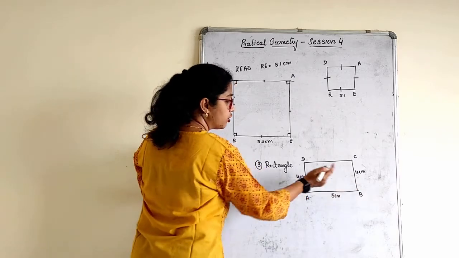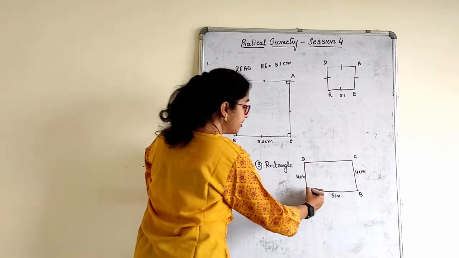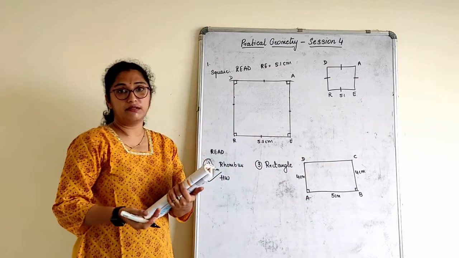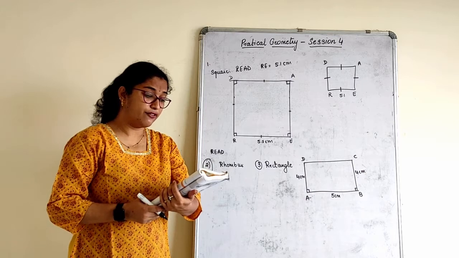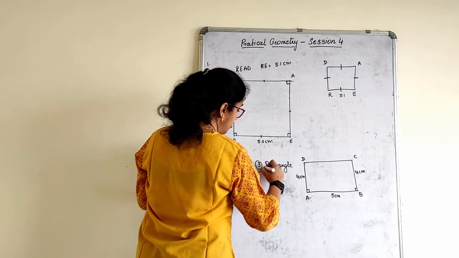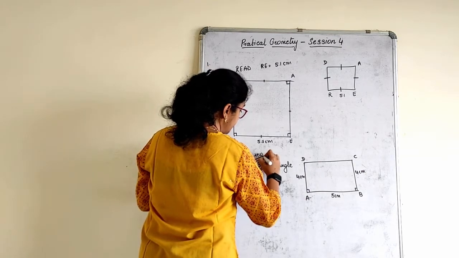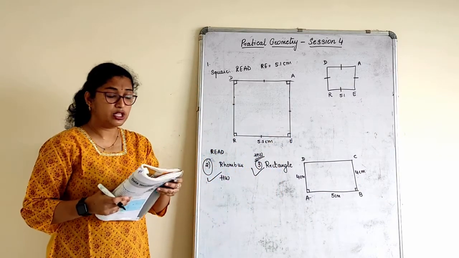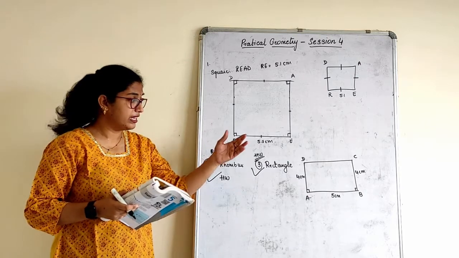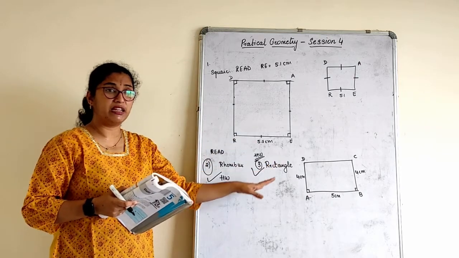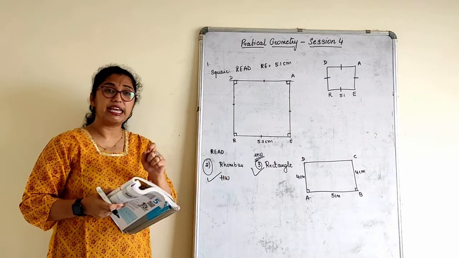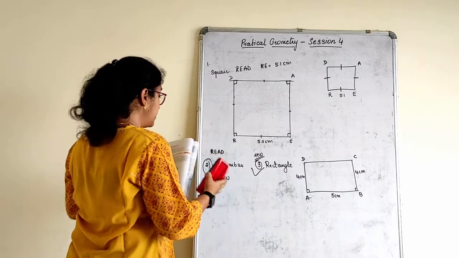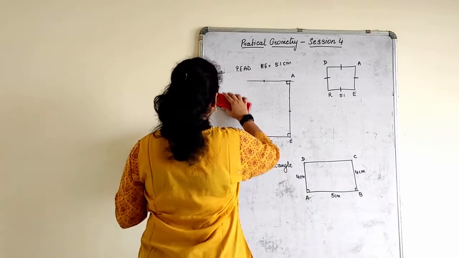We will draw a base of 5 centimeter. Then we will draw 90 degrees. That 90 degrees we cut for 4 centimeter. Already done, right? The rectangle part we have already done. So take the rectangle also for homework, children. It is an already done part, not again the same. The square we had not done, so I had to do the square. Rectangle we have done the same type in the exercise. Rhombus also the same type we have done in the exercise. Let's move to the next one, the last one. Parallelogram, okay.